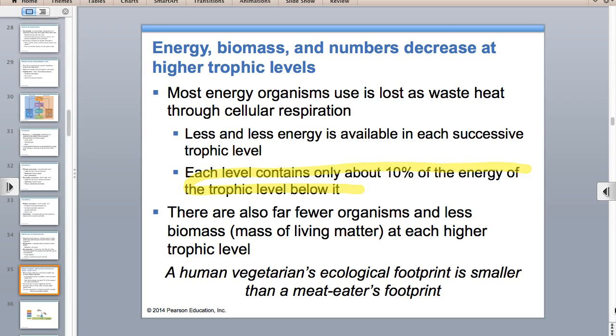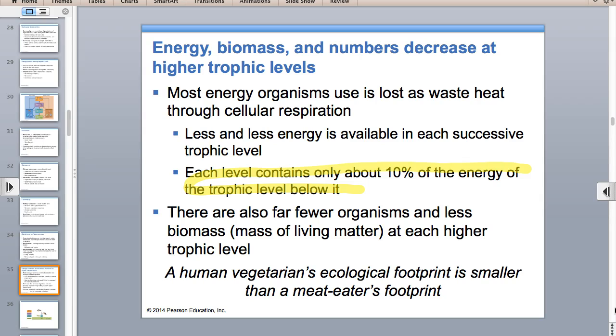And then there was that one where you had to skip one. At the very top, I think you should have gotten around 1%. I don't remember what was at the top of the pyramid, but if you haven't finished that math, there was one problem that got you to skip a step in the trophic pyramid, and you should have gotten something around 1%. So are you feeling me on that? Remember? Okay. So that was the content purpose of that. The purpose of that also was to do math.